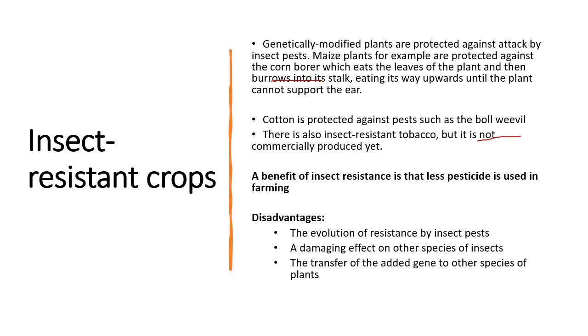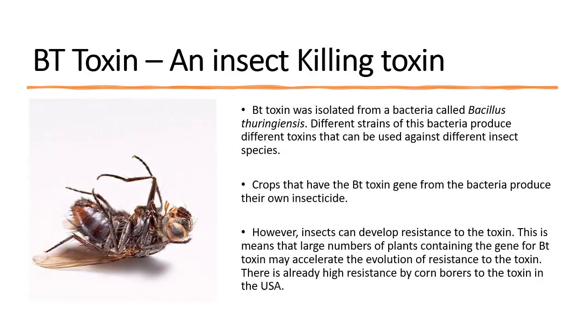So for example, you might make an insect resistant crop that is supposed to attack a particular insect, but the toxin produced by the crop might then start attacking other insects, which would then create a problem because those insects might be agriculturally required or agriculturally necessary. Also, you can have the gene again being transferred through pollens to other plants, and that can create a problem.